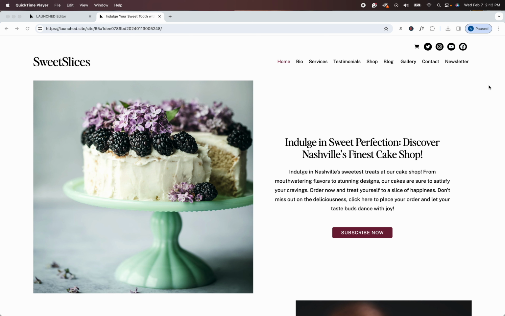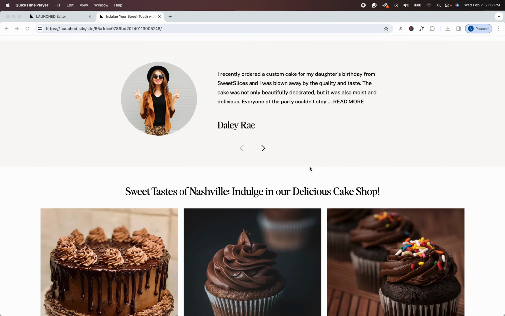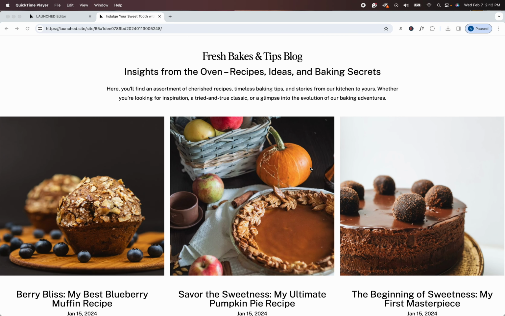Launched, and today I'm going to show you how to add a blog. When you generated your website, it did not come with a blog. However, it's an add-on. We have a few add-on sections that you can add in your editor, and it's absolutely free. Okay, so we're going to scroll all the way down to blog,